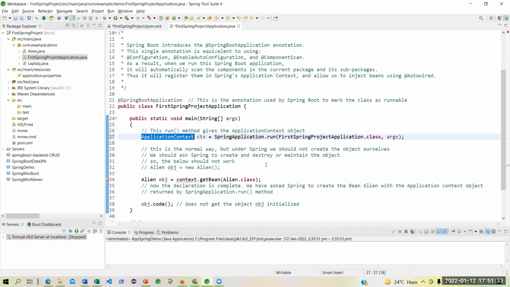Like in Java, you have learned, you can have a class which can implement an interface. You cannot extend an interface; you implement it. So this Spring application, which is another class, will implement the application context and its run method. So with this run method, you are running what? This class. What is this class? This is nothing but this class.